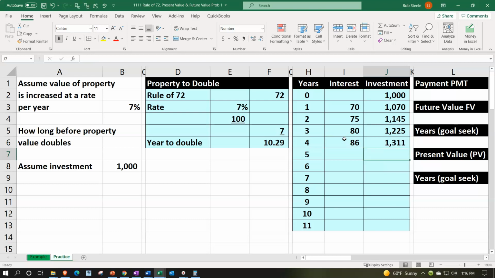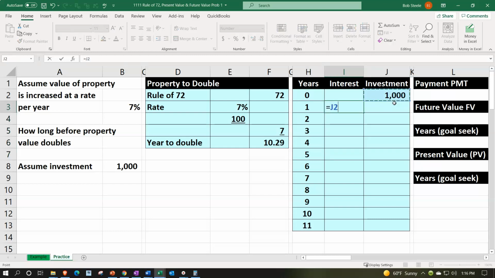Okay, so now I'm actually going to delete everything I've done here and try to do this the easy way so we can just copy this down. So I'm going to delete the whole thing. I'm going to select these. I'll keep the 1,000 up top, delete this. Let's do this 70 again so we can kind of copy it down. I'm going to take up that 1,000 and then say times the